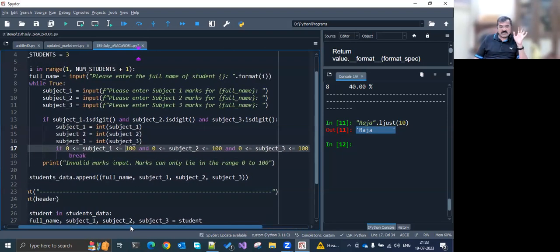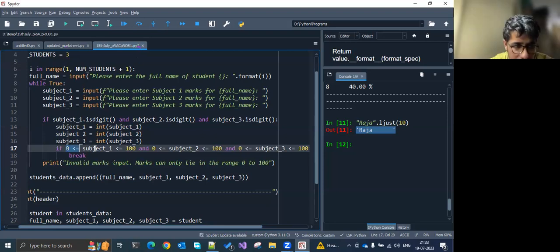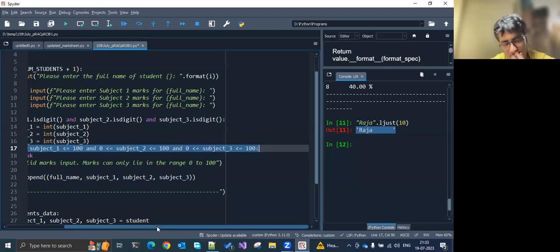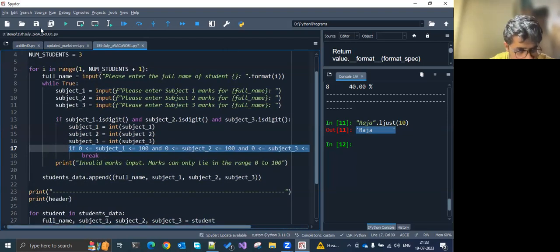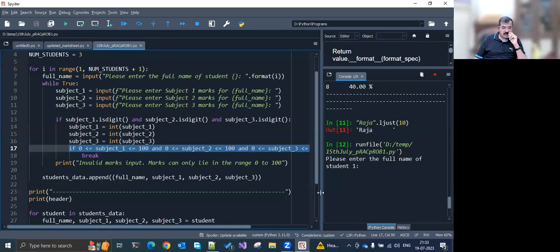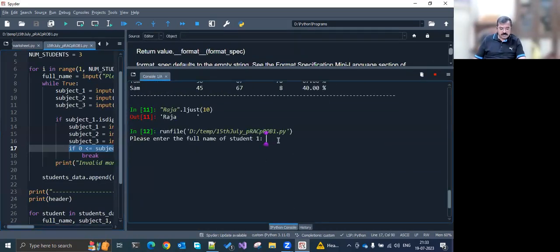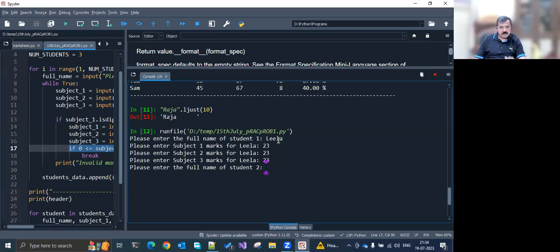मेरे मार्क्स 70 70 70 है। 70 लेस देन इक्वल टू 0, लेस देन इक्वल सब्जेक्ट, नो। 70 लेस देन इक्वल टू 100 यस। ये तो 70 के लिए कंडीशन ट्रू हो जाएगा ना। देखते हैं रन करके। पहला स्टूडेंट है, एंटर द फुल नेम। इसका फुल नेम समझो लीला है। मार्क्स इज 23 23 23। क्या बात है,